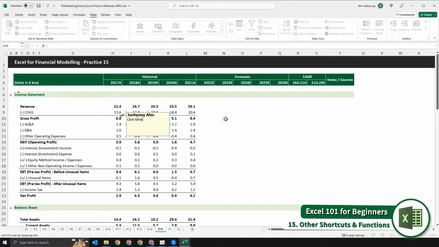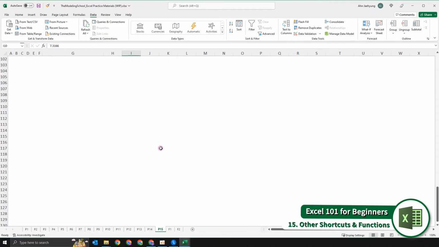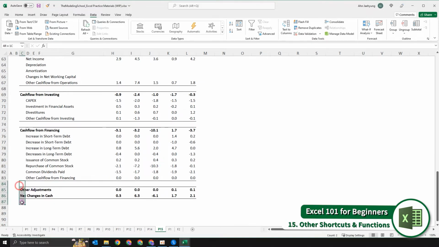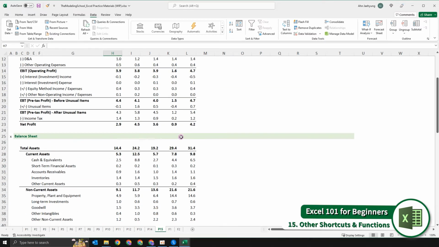Things like this, one-time expenses on, for example, raw materials. Line setup. Something like this. Next we have the freeze panes function. So this function is of course going to be used when you're doing financial modeling. Usually your model is very long, so this model is like 86 rows, but when you're doing financial modeling, some models can go up to 2,000, 3,000 rows,